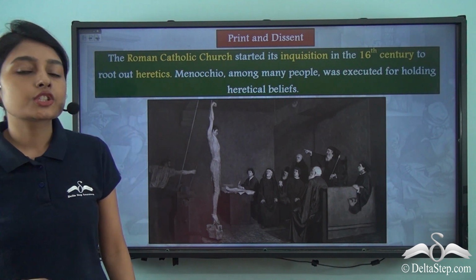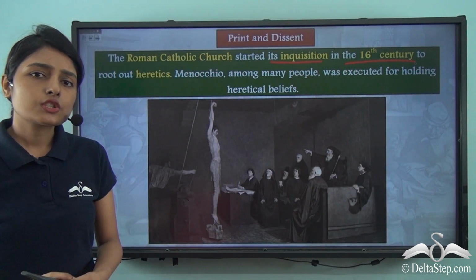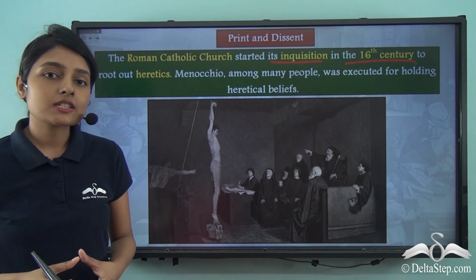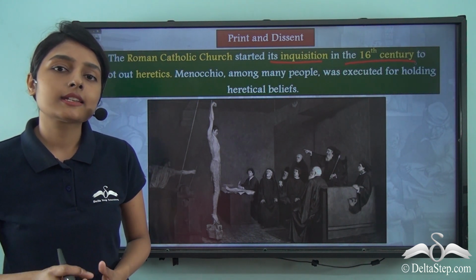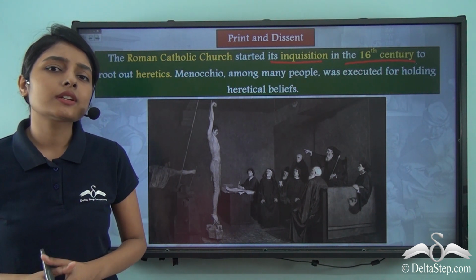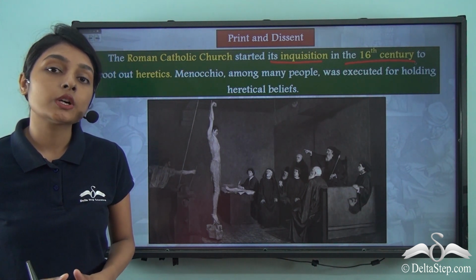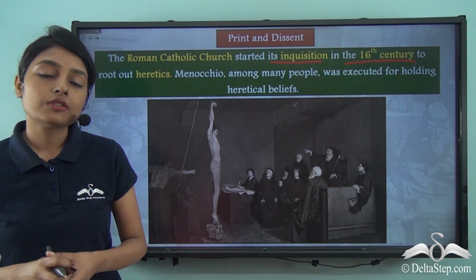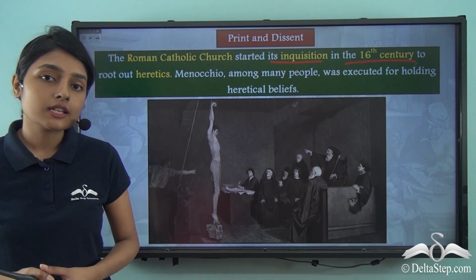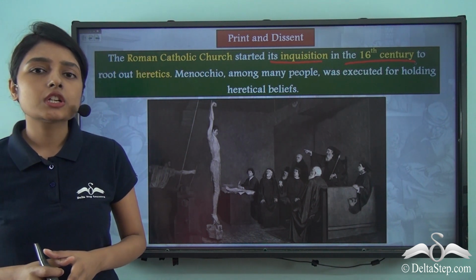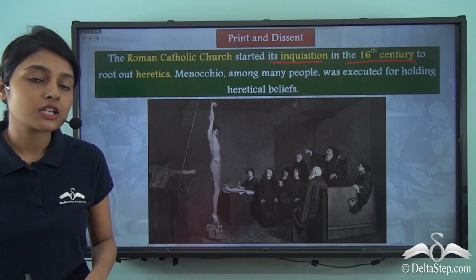The Roman Catholic Church now started its Inquisition in the 16th century. Now what do we understand by Inquisition? Inquisition was a set of institutions which were meant to root out the heretics. Now who do you think were these heretics? Heretics were people who held opinions and beliefs which were contrasted to the traditional religious beliefs. So heretics were the ones who contested the religious authority. And the Roman Catholic Church was reluctant to accept the heretics coming up with their own interpretation, which is why